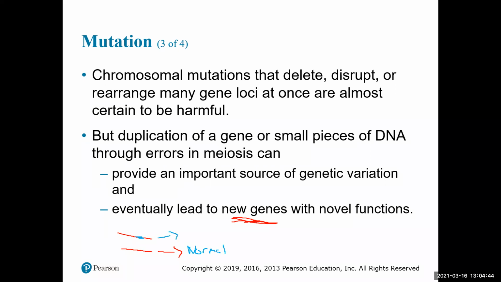But then this one's mutated and it can do an abnormal function, right? And that abnormal function may be good, it may be bad. If it's good, it'll be selected for and could eventually develop into a new gene, but we're still keeping that normal function,